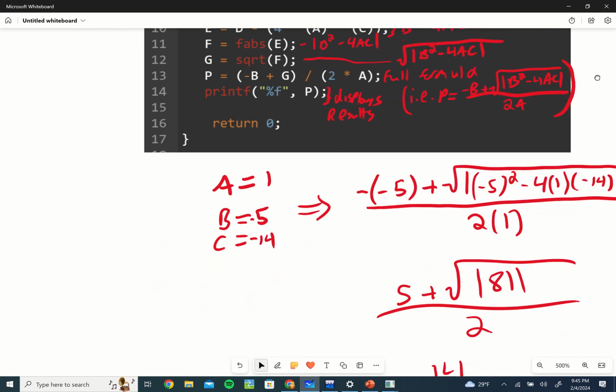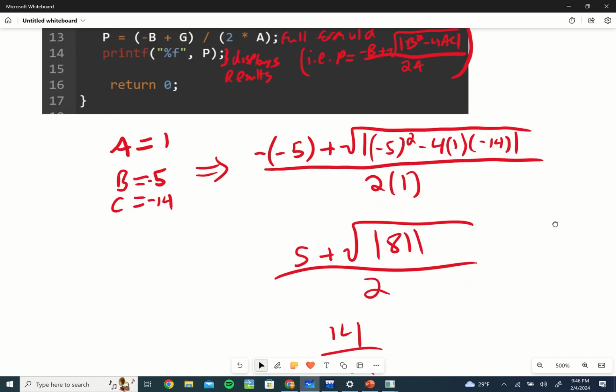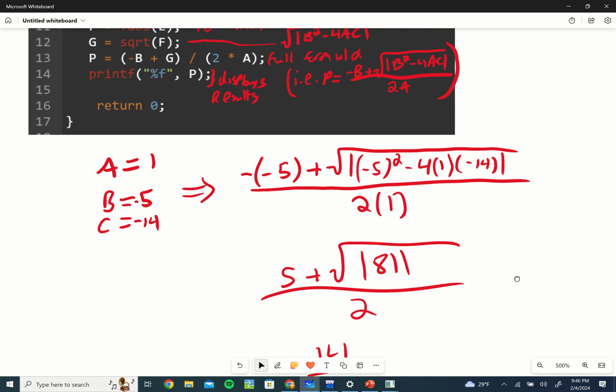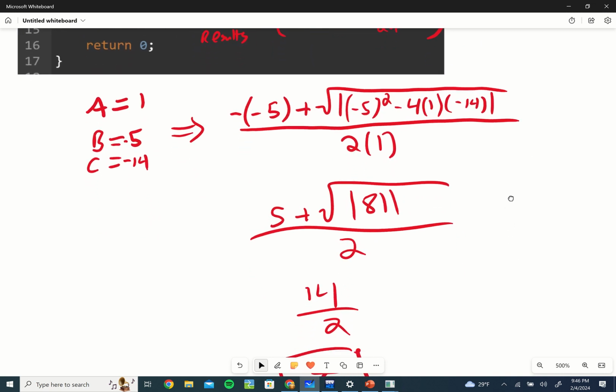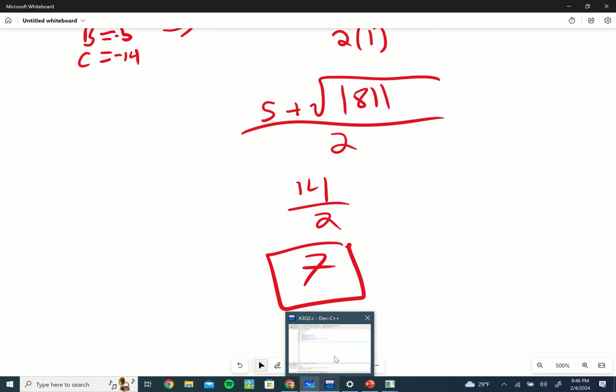So for this, I wrote out here just an example where A is 1, B is negative 5, and C is negative 14. When you plug that in, you get negative 5 for the B, then negative 5 squared, B squared, minus 4 times A, or 1, and 4AC, negative 14. So when you plug that in, you get 5 plus the square root of the absolute value of 81, which is just 81. The square root of 81 is 9. So it's 5 plus 9, which is 14 over 2, which gives a value of 7. So when we try this out,